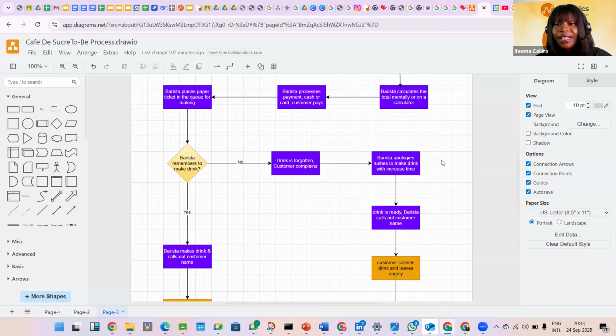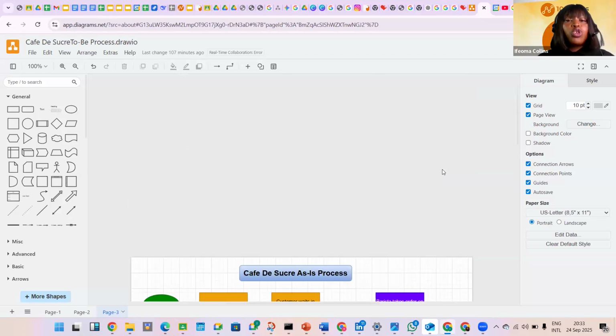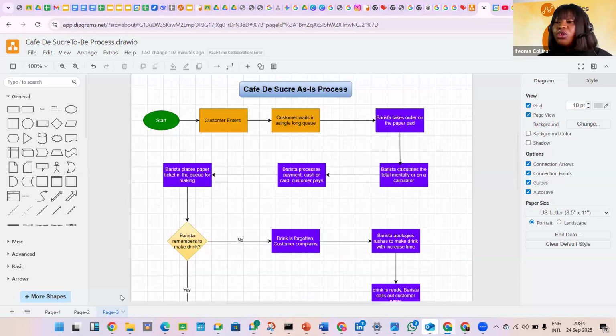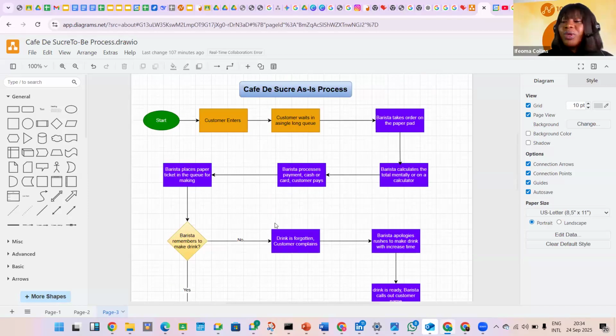Alongside the agile project manager on the project, you will engage stakeholders and understand the pain points. You speak to customers, you speak to the business owners as well, you speak to the staff. You engage every stakeholder to understand what the future will look like for Café de Sucre, right? So after this, we go on to look at